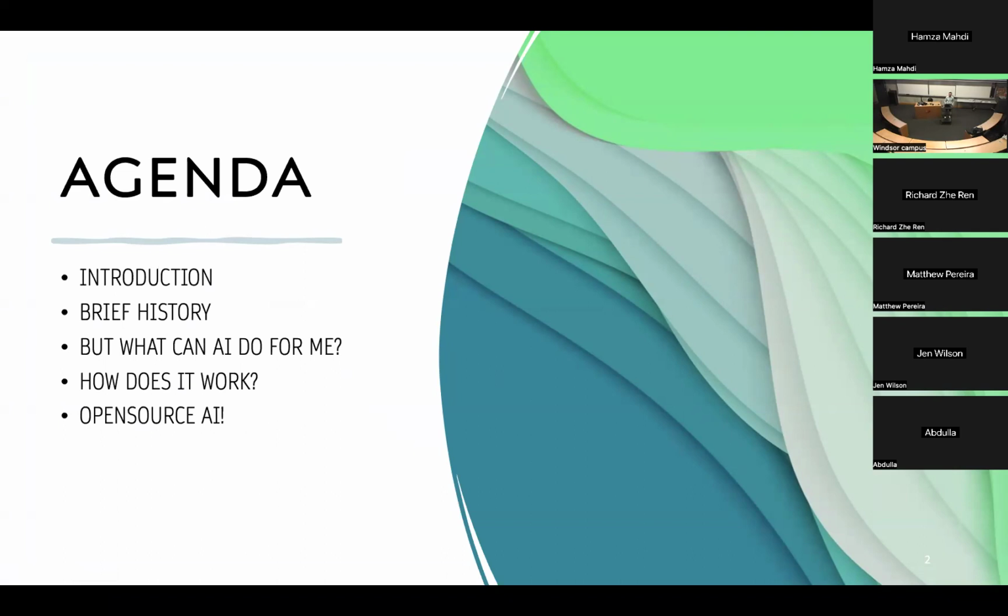Our presentation changed a little bit from last year. Last year was more technical. This year, mostly because we're all students in medicine, we wanted things that could be more helpful to us clinically. So I changed the technical parts to talking more about some of the applications and, of course, open source AI, because this talk is essentially hosted by the Open Source Medicine AI, not AI, Open Source Medicine Club.